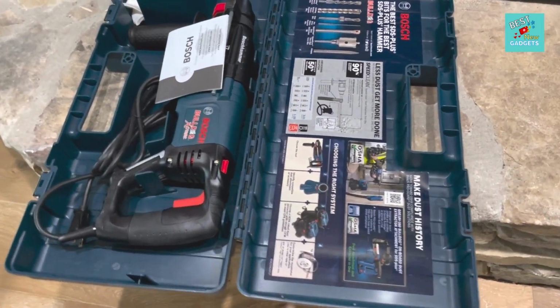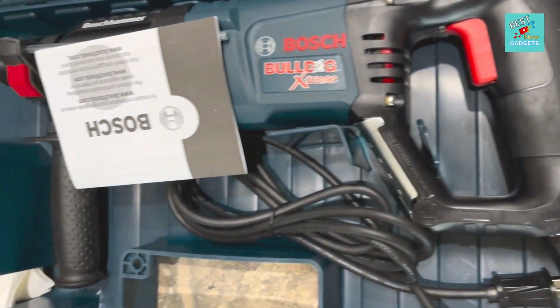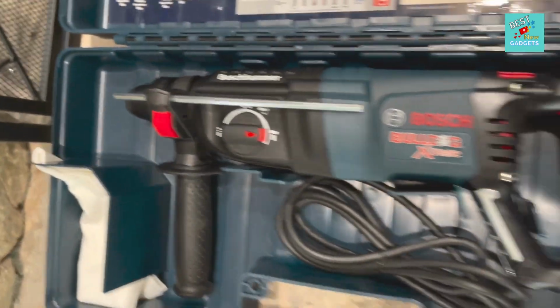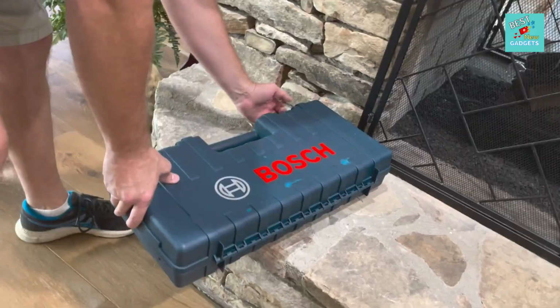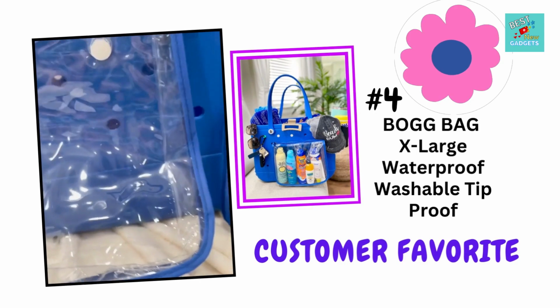Overall, the Bosch Bulldog Extreme Rotary Hammer is a versatile, powerful, and ergonomic tool that's perfect for heavy-duty projects. We've used this tool when hanging mirrors and fireplace mantles in stone, rock, brick, and concrete. We love it. The original Bog Bag, extra large size, is made of durable EVA material, equipped with sturdy sides,